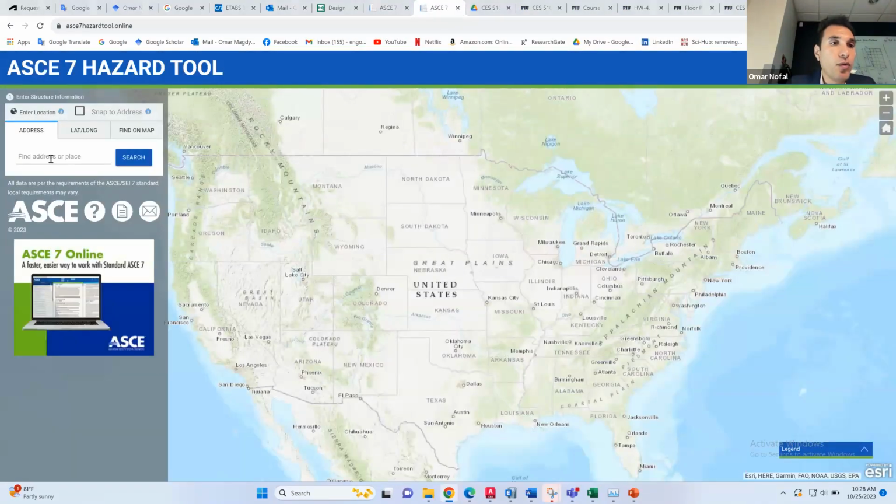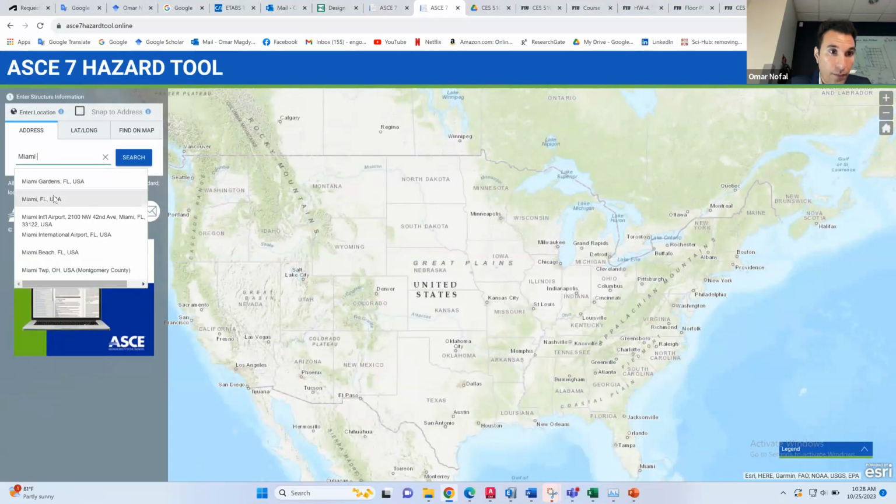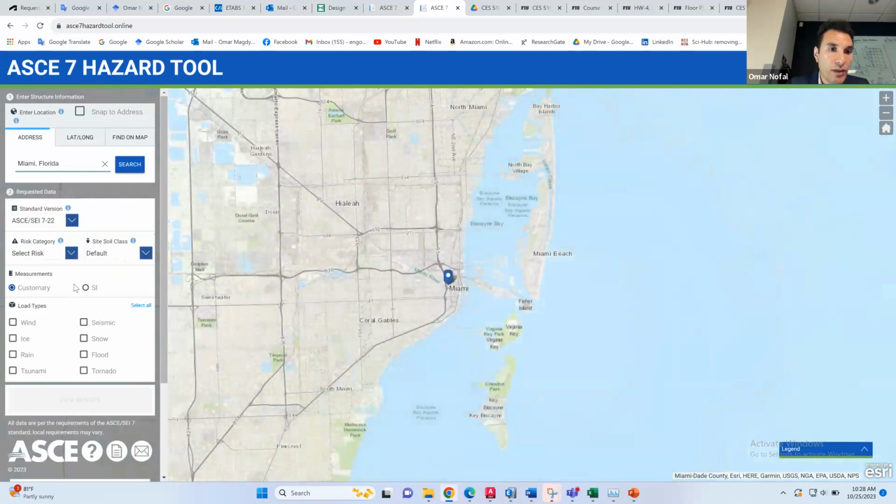And basically you will look for your location. For example, I will put Miami, Florida, and you will search, you check seismic, this box, but you will have